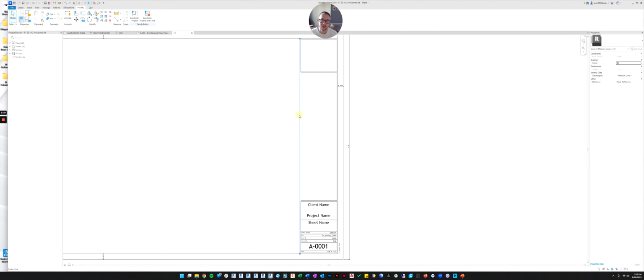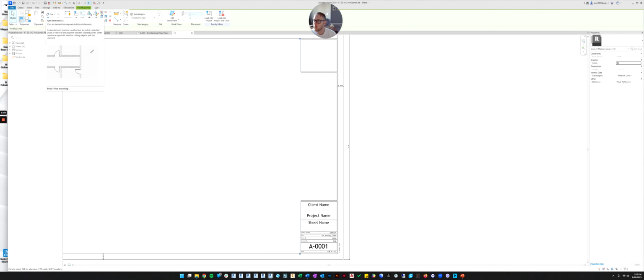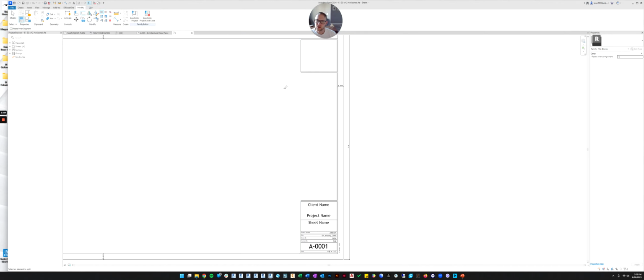If you would like to split a line into two lines, or even a wall into two walls, you can go to the Modify tab, and there is a split command, which is right here, Split Element. It looks like a rectangle that has a red cut in it. So you can click that, and then it gives you a little knife and you just cut the line.